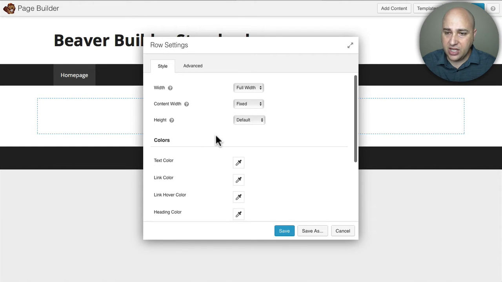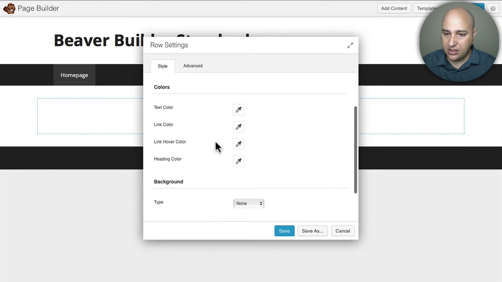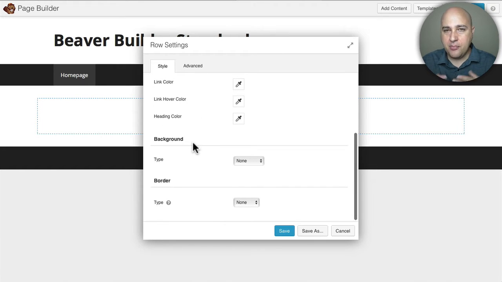And one of the main differences in these settings is when you scroll down to the row style, you can have a background whatever on a row. But let's look at the different options you have with the paid version. You have a solid color, a photo, a video, or you have a slideshow and parallax.